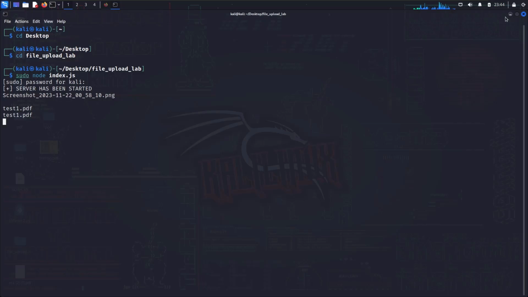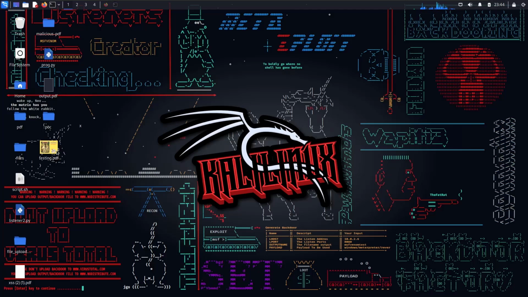So we can access the files from this particular endpoint, /upload and the file name. Okay, I'm just going to go back, and as you can see, here is the web application. And now what we need to do is actually add the malicious code in this particular PDF